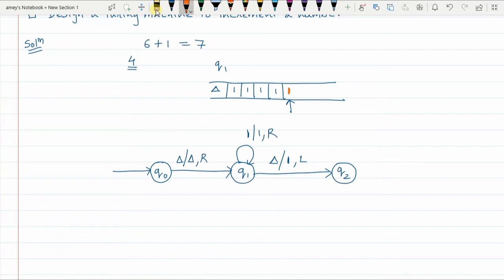So this is the answer. There were 4 1s. Answer should be 5 number of 1s. Okay, and you did not move the pointer 1 place to the right. Rather, you move it 1 place to the left, because we have already found the answer and we have to just place the pointer 1 place to the left of the input string. You have to take the pointer back because the user is going to read the answer. So delta will be replaced with 1 and the pointer is going to move 1 place to the left, and I will go to Q2 state.